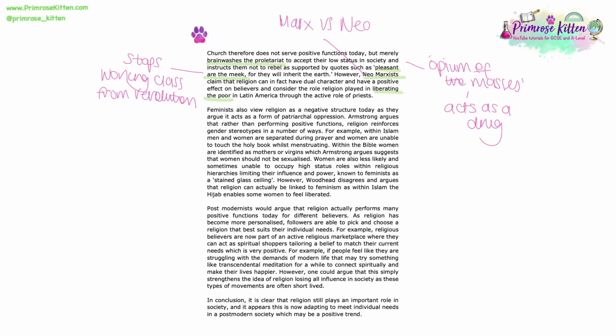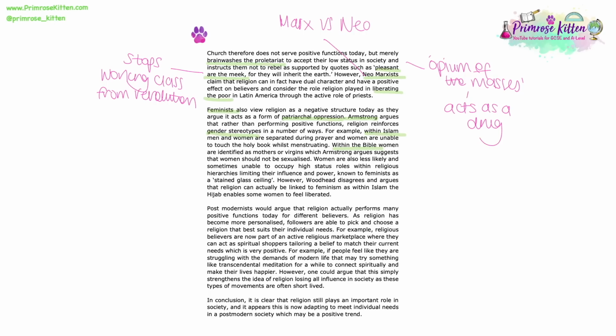Okay, let's carry on. Feminists also view religion as a negative structure today, as they argue it acts as a form of patriarchal oppression. Armstrong argues that rather than performing positive functions, religion reinforces gender stereotypes in a number of ways. For example, within Islam, men and women are separated during prayer, and women are unable to touch the holy book whilst menstruating. Within the Bible, women are identified as mothers or virgins, which Armstrong argues suggests that women should